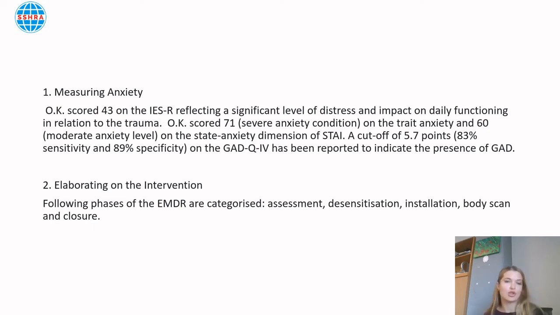The emotions that she experienced at that time were fear, anxiety, panic, etc. She said that she's feeling the same emotions, but they are less intense now. So the subjective unit of disturbance, from the scale 0 to 10, was quite high. She said that she felt disturbed